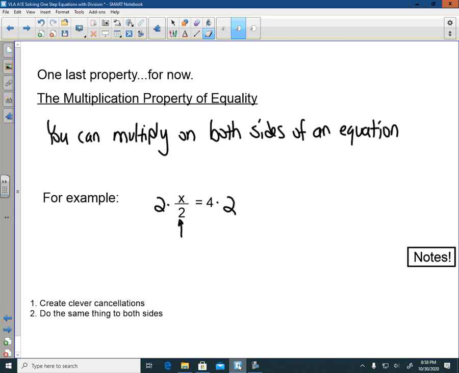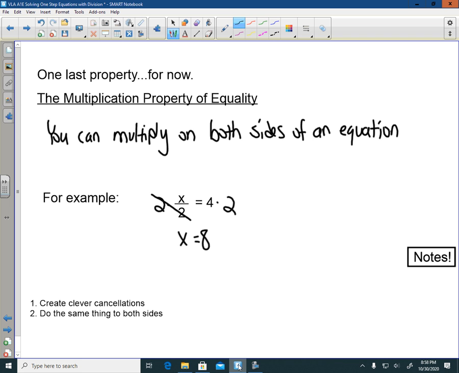We can shortcut it by just doing this. Boom. And then all we have left on this side is x. And x equals 4 times 2, which is 8. Okay? All that stuff that I showed you before is just to show you that that's how it works, but